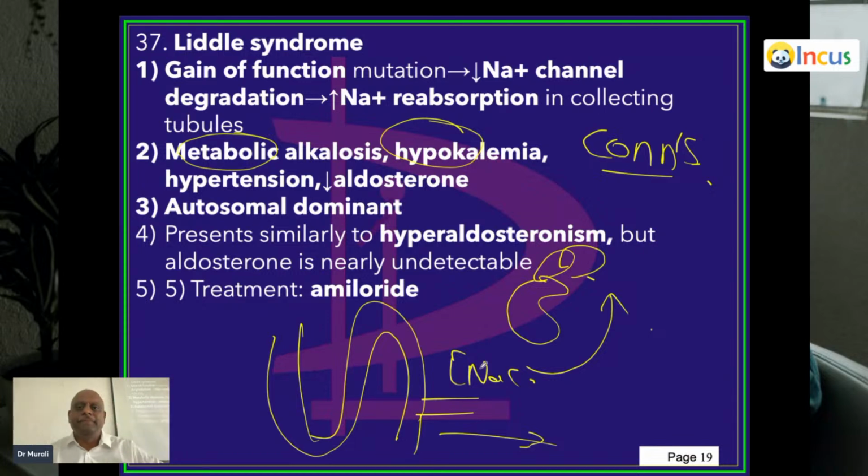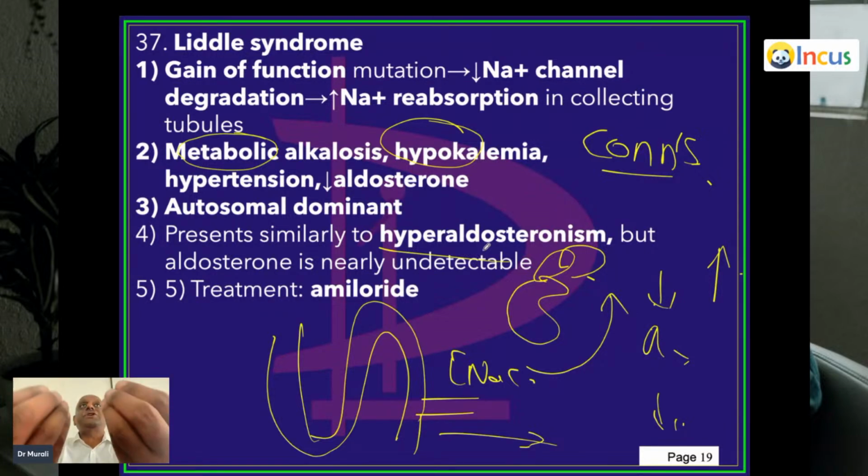Make a funda. Low sodium stimulates renin-angiotensin to lead to hyperaldosteronism. High sodium will suppress the renin-angiotensin to lead to low aldosterone. That's the reason the difference between Conn's syndrome and Liddle's is that hyperaldosteronism is a feature of Conn's, but hypoaldosteronism is the feature of Liddle. But what is common to both of them? Both lead to metabolic alkalosis, both lead to hypokalemia, both lead to hypertension, is what you need to understand.